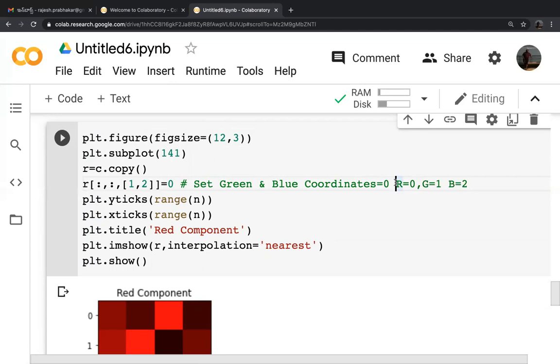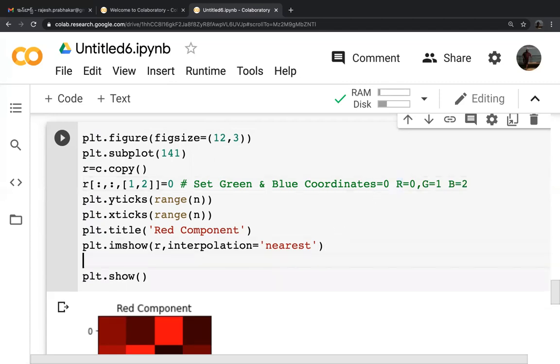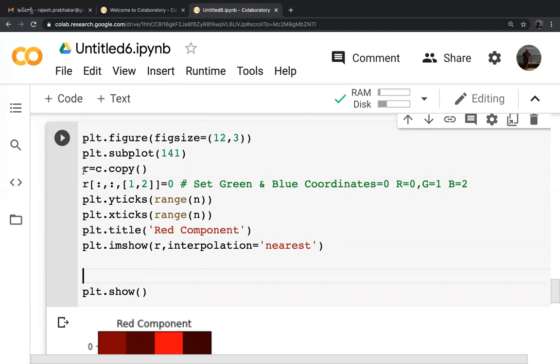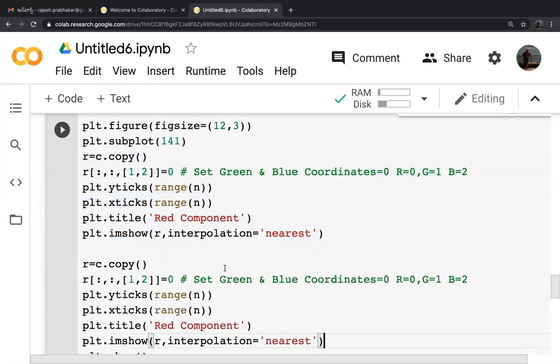Now let us say I want only the green color. That means we have to set the red and blue coordinates equal to 0. So I will copy this with Control C and paste it down with Control V. First change the R to G, and again change the R to G and change the component to 0.